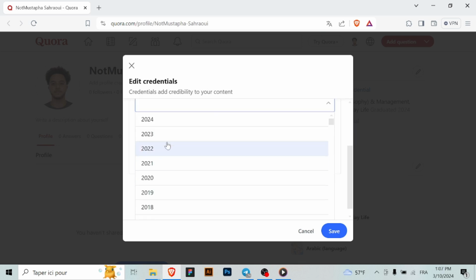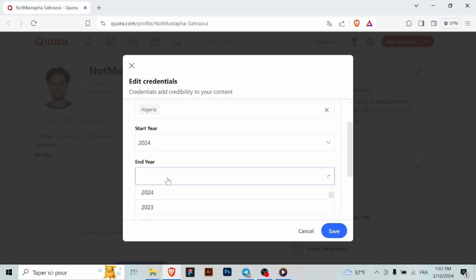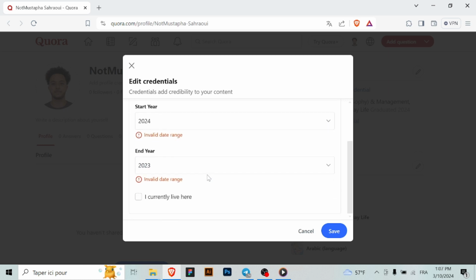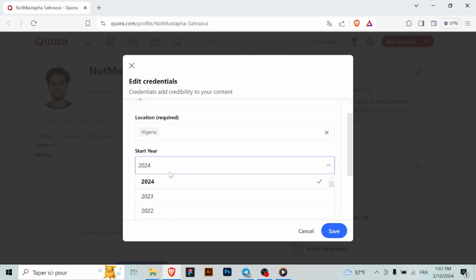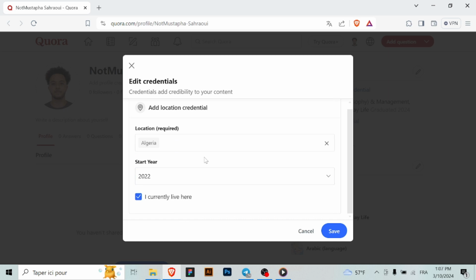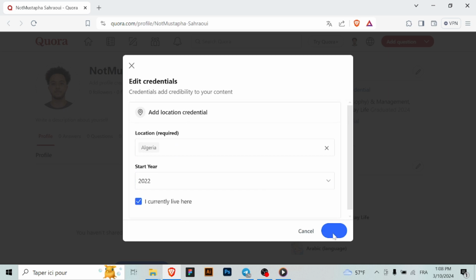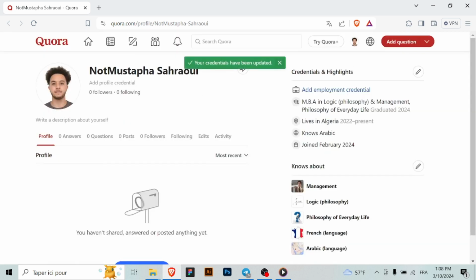In the form, enter your location details such as your city, state or province, and country. You can be as specific or general as you'd like, depending on your preference. Once you've entered your location information, review it to ensure accuracy, then click Save Changes to update your profile with